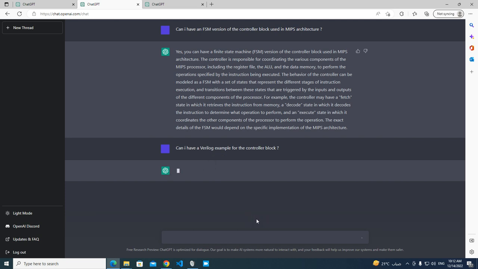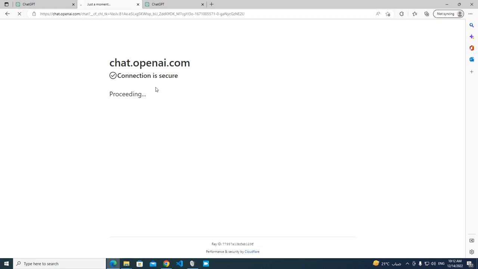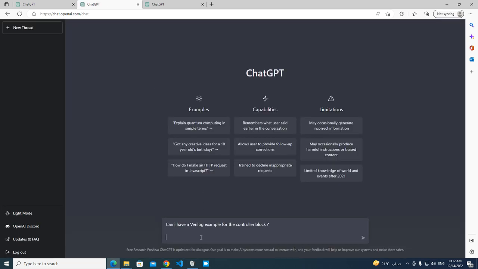But let's try. Let's give it a try right here. For the controller block, let's make it a little bit more specific: used in MIPS architecture.